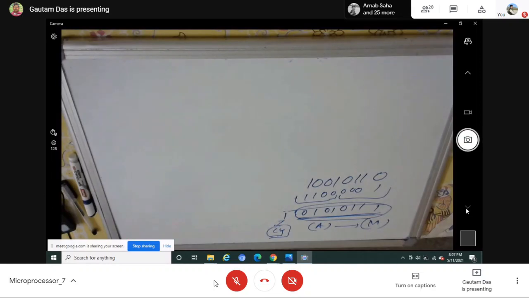You can consider this carry. For that you have to use a suitable instruction to store the carry information in a register. That instruction I have not told till now, that's why I am not using it. I will use it definitely later, how to store the carry information in a register. But in this program we are not at all taking care of the carry information. If anybody wants to know whether carry is generated or not, you can understand by checking the carry flag. But it will not be stored in a register. To store the carry information in a register, definitely you have to use some other instructions. Okay.